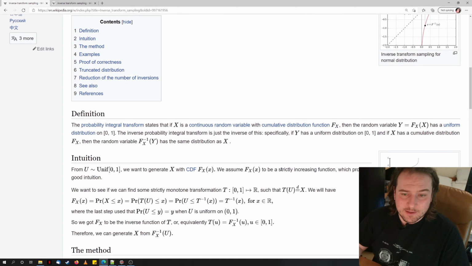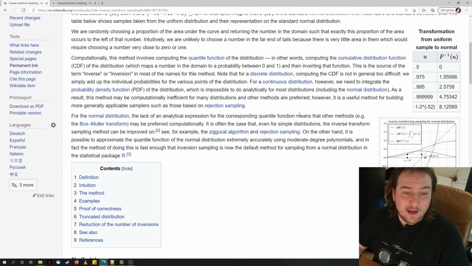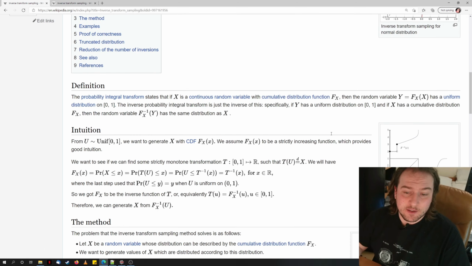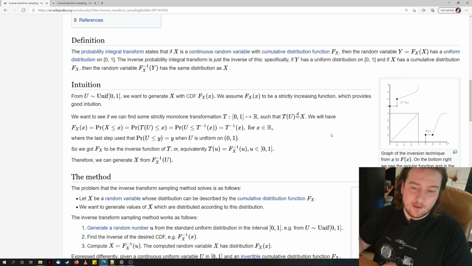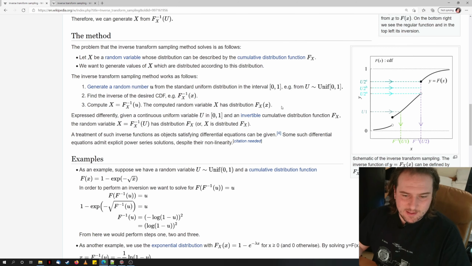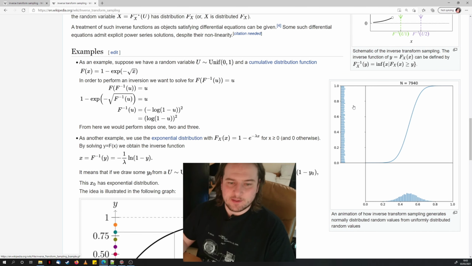And I realised that unlike a lot of Wikipedia pages on things like this, there is no animation showing what it does. And I'm a big fan of animation, so if I don't see animation on Wikipedia, I sit back and think, can I make an animation that would describe the thing I'm reading well? And it turns out, yes. So if you go to Wikipedia now, you will see that I've added an animation that shows the inverse transform